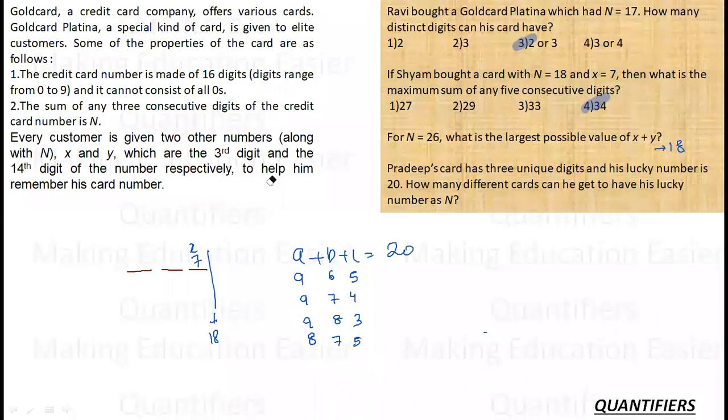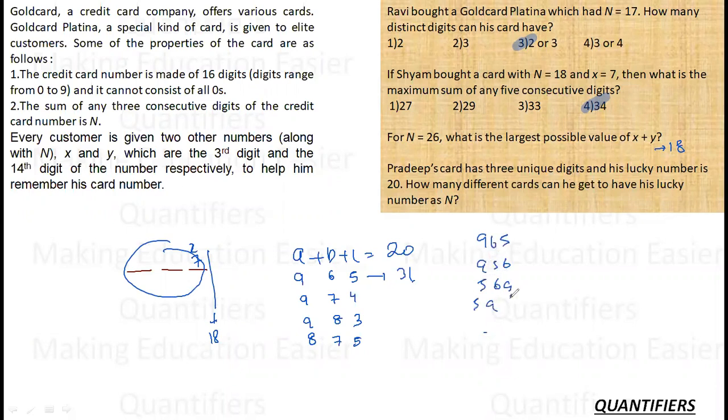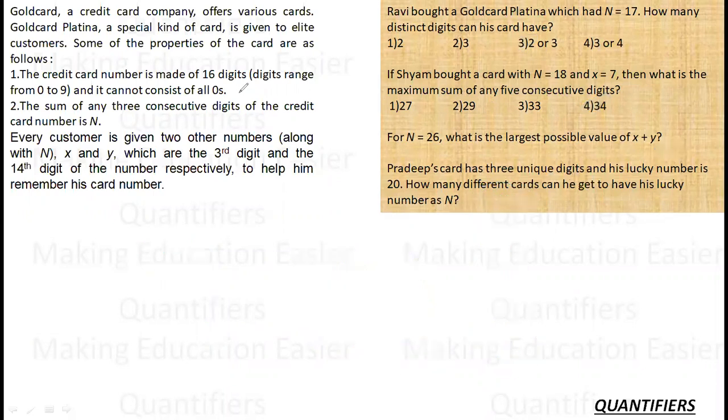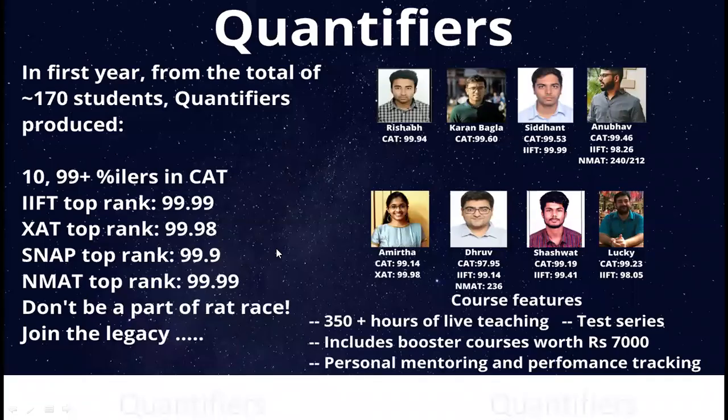So nothing else is possible. So there are only 4 arrangements, and these 3-digit arrangements can be permuted in each one in 3 factorial ways. ठीक है? जैसे 965 है ना, 965 956 569 596. ठीक है? उसके बाद 695 659. So there are 6 arrangements possible for every one pair. So if this is 6, this is 6, this is 6, this is 6, total is 24. So the right answer is 24 different arrangements are possible. So pretty straightforward set. The only thing was, if you could have observed how I can keep my digits intact, it would have helped you a lot.